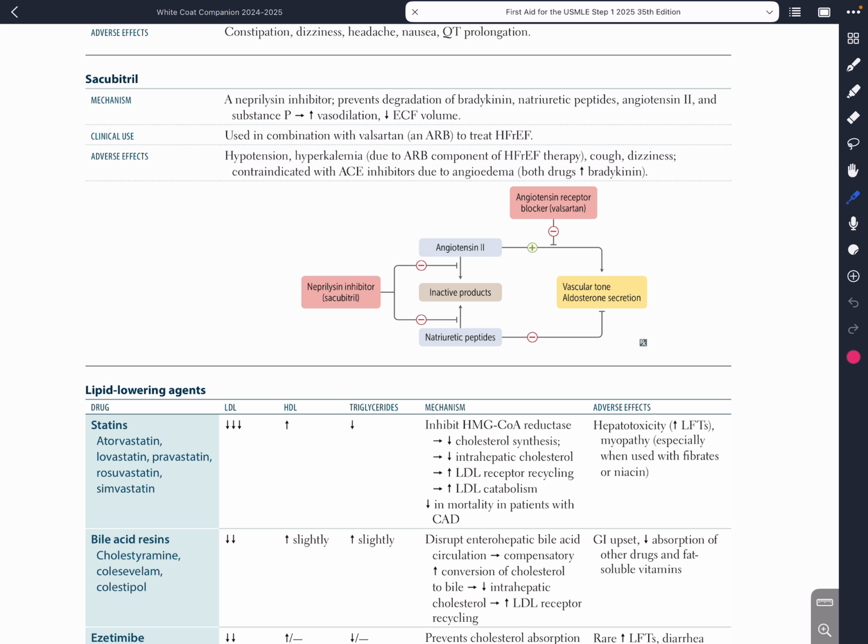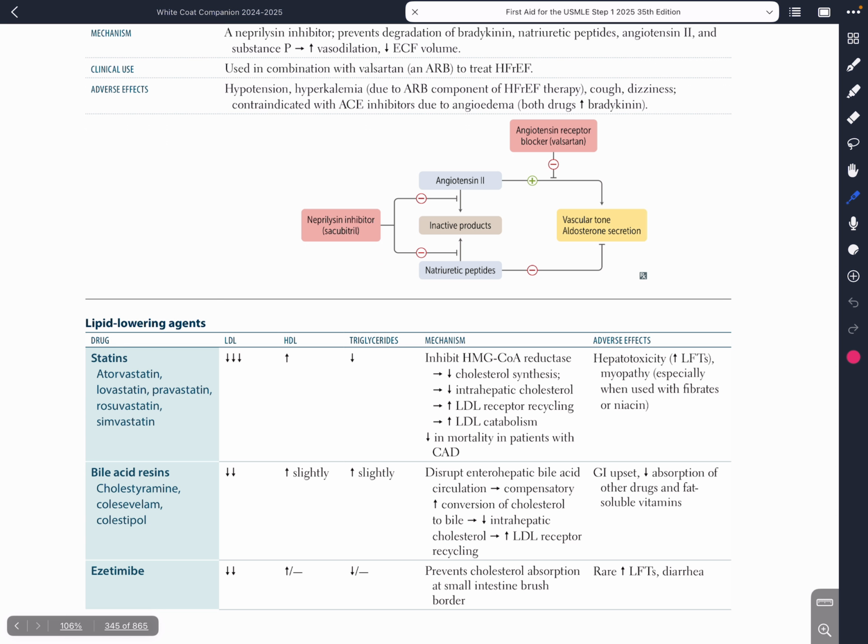An adverse effect of sacubitril is that it can cause hypotension and hyperkalemia, because it is an ARB component of HFrEF therapy. So sacubitril can cause hypotension, hyperkalemia, cough, and dizziness, and it is contraindicated with ACE inhibitors due to angioedema, because both drugs, sacubitril and ACE inhibitors, increase bradykinin. There is a small diagram here that is worth looking into, because it explains how sacubitril